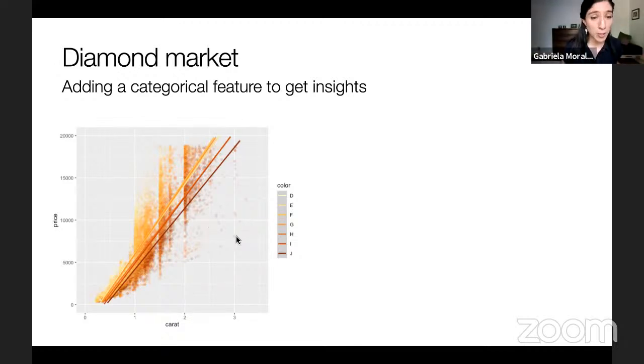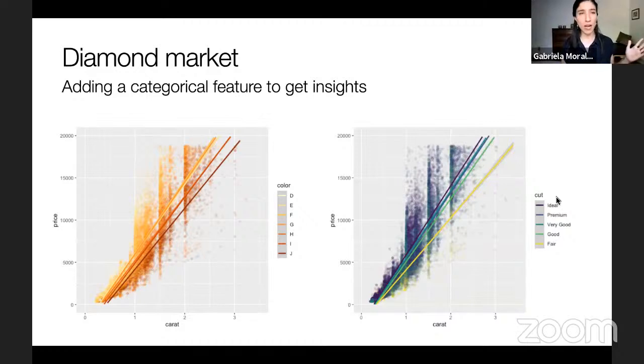And each one of the points also has a color. The dark ones are the J color, which is the most opaque, whereas the lighter ones belong to either D or E colors and are around here. So this is all the things that you're presenting in just one graph. And you can do this not only for color, but also for another categorical variable like cut. In this case, you can see cut, the yellow one, which is fair, which is the worst of the cuts, is very different from all the others.